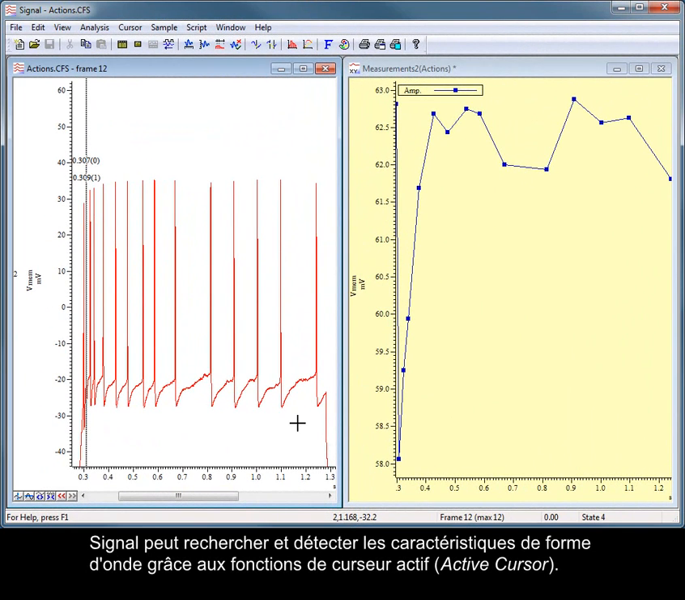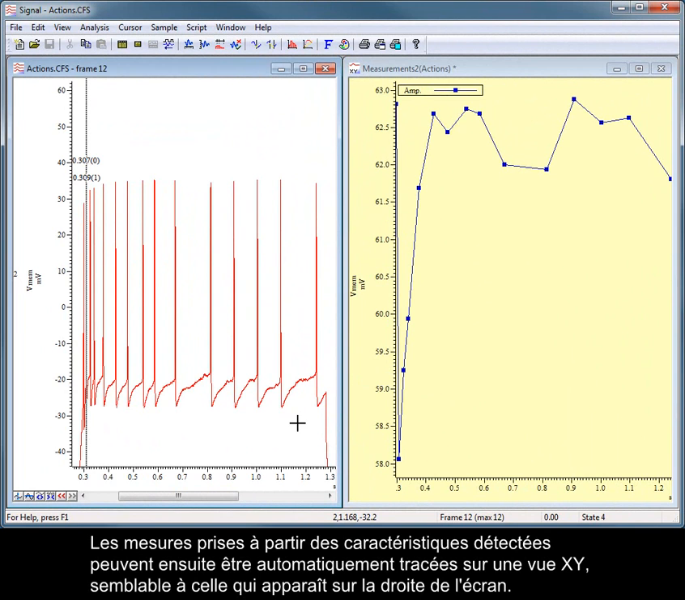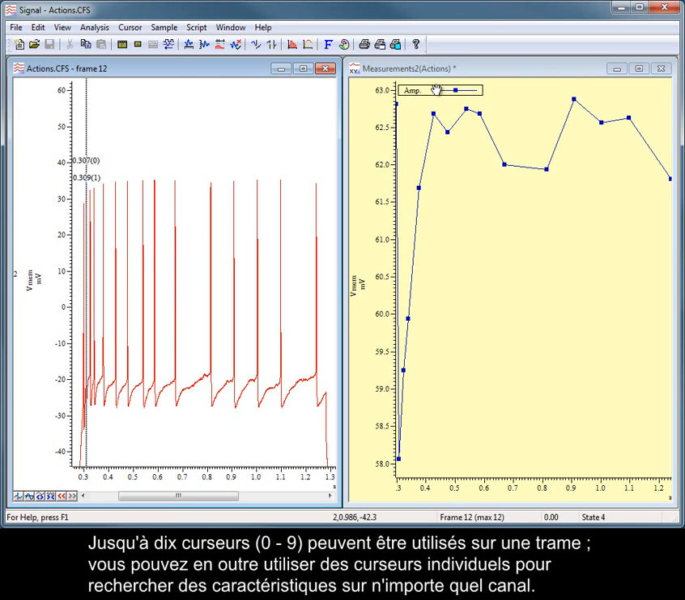Signal can search for and detect features in waveform data using the built-in active cursor functions. Measurements from detected features can then be plotted automatically to an XY view as displayed on the right. Up to 10 cursors, numbered 0 to 9, are available in the frame, and individual cursors can search any channel